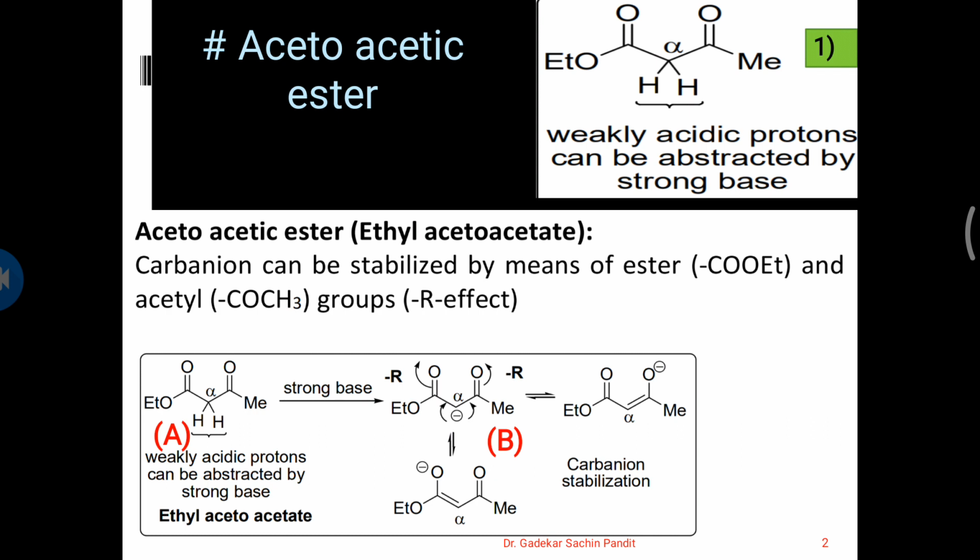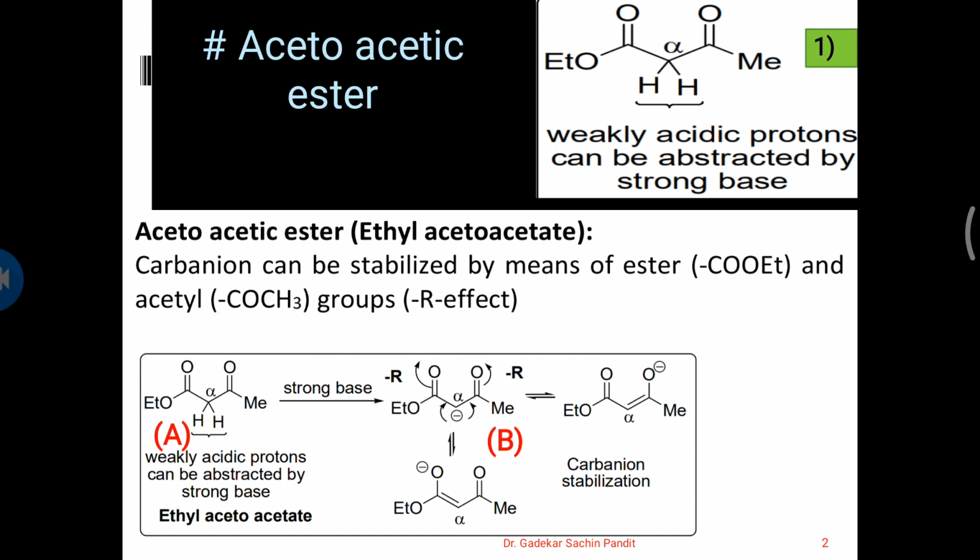Weakly acidic protons can be abstracted by a strong base, it may be sodium ethoxide or sodium methoxide, etc. So this acetoacetic ester reacts with base to form a carbanion or enolate of